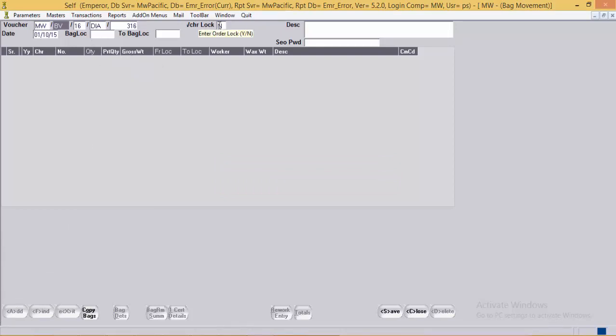Then there is same voucher lock yes or no, the SEO password to unlock the voucher, and the description for the given voucher. Bag location will be picked up from the CHR param type. The to location can be mentioned by the user. This is used in case of barcode or RFID transactions, where the system will automatically bring the to location in each transaction based on the location mentioned here.